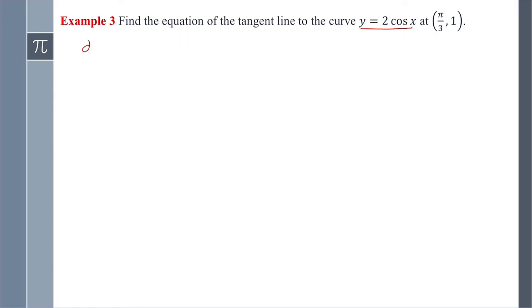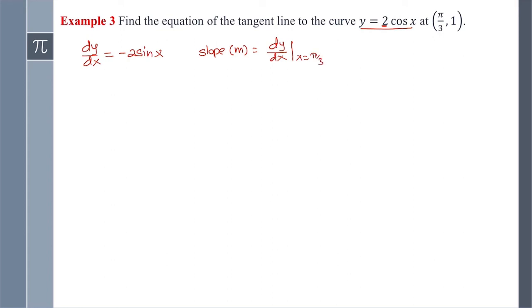So we have dy over dx equals, so this is just 2 constant times the derivative of cosine x is negative sine x. So that becomes minus 2 sine x. So that's the derivative. Now the slope of the tangent line is given by the derivative evaluated at x equals pi over 3. Okay, so the slope of the tangent line is given by dy over dx at x equals